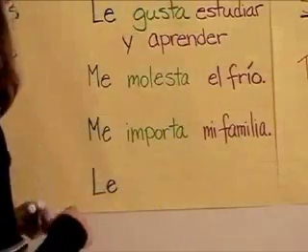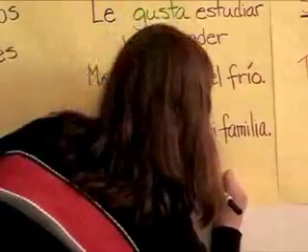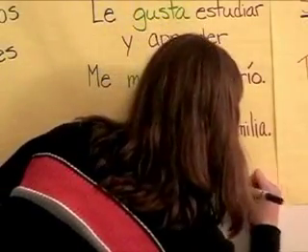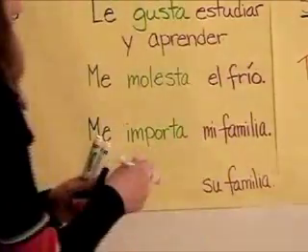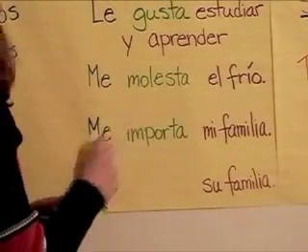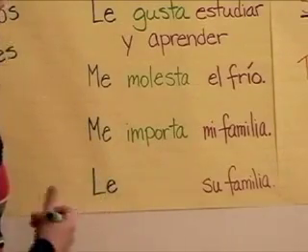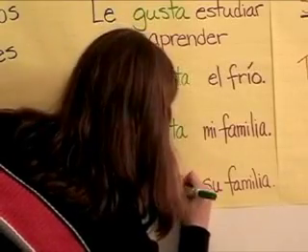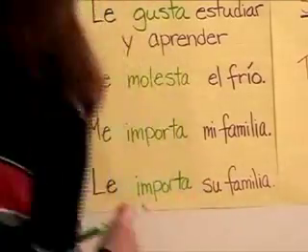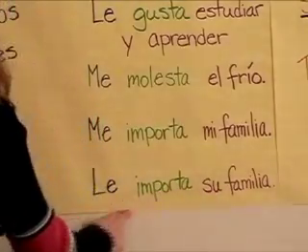Okay, that's to him. Now it's his family. So what are we going to use for that? Su familia. Muy bien. Okay, now is that singular still? It is singular. Alright, so what are we going to use for our verb? The same. Exactly. Importa. Okay, so now we have his family